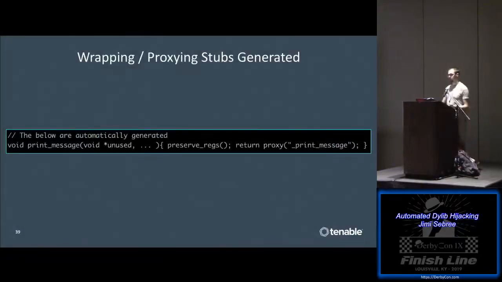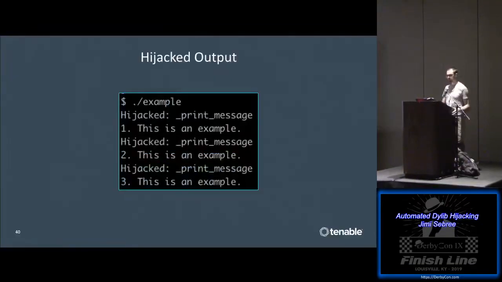So this function stub, I just export this or specify the symbol that I've pre-parsed from the nm utility, and then preserve the registers and call my proxy function. That's all you need to do. And once you do that, you can get this kind of output. So every time any function is called in the binary, we get a little output that, hey, I've hijacked this function, and then it'll give you the real